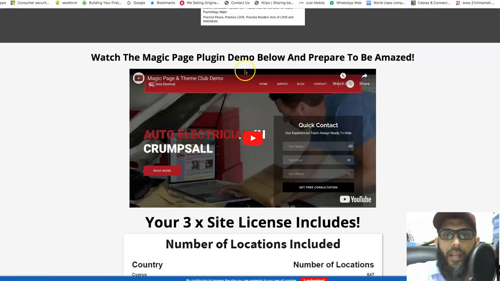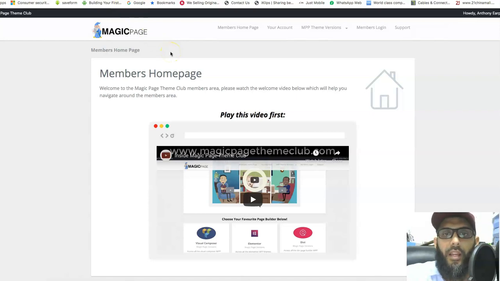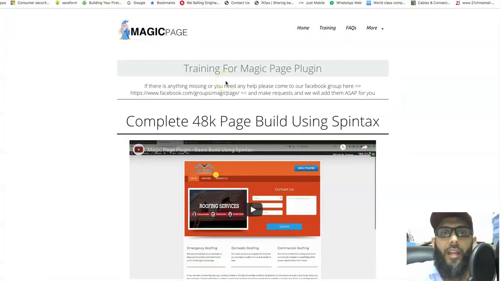So what you're going to get is this. You can see this is the demo. I'll just show you straight to the product, what it looks like. This is the members area. This is how it looks. Even if you don't know anything about WordPress, or about setting up this kind of thing, don't bother. The way they put that training together is so easy that even if you don't know anything about putting together this kind of website, this is going to help you. That's how they have put it.